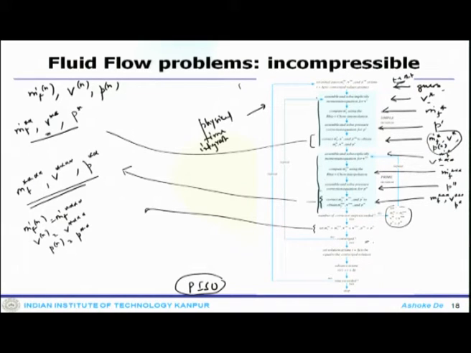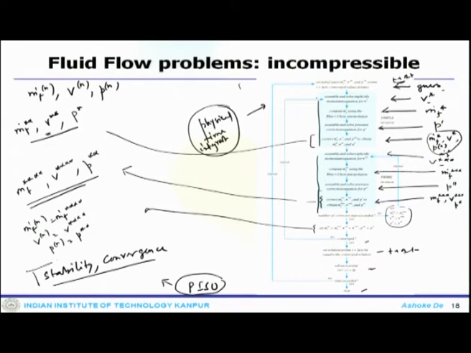If it is converged, you update these things for the next t plus delta t iteration, advance in time. Again, if the time limit is exceeded, stop, or you go back and do the physical iteration. So, it does two times the iteration in the process, and that is why PISO provides better stability, better convergence, and if you have a slightly non-orthogonal skewed grid, PISO works better than the SIMPLE algorithm or the SIMPLEC algorithm.